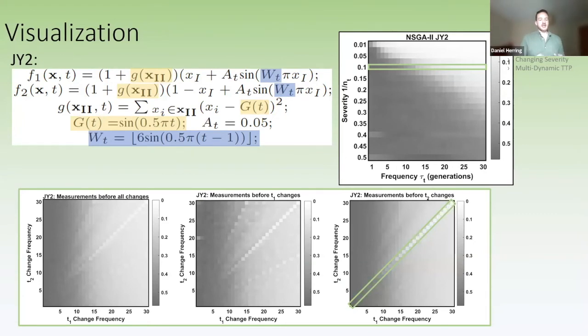The three heat maps shown here illustrate the difference when taking measurements before each of the T values or before both. We can observe two patterns in these heat maps. Firstly, there's a pattern of better performance along the half diagonals, shown most clearly in the center plot. These correspond to instances where the frequency of one component is a factor of the other. For example, one is 10 and the other is 20. This means that some of the changes are coincidental and the overall impact is less than non-coincidental changes. Secondly, if we look at the left heat map now, there is this background gradient